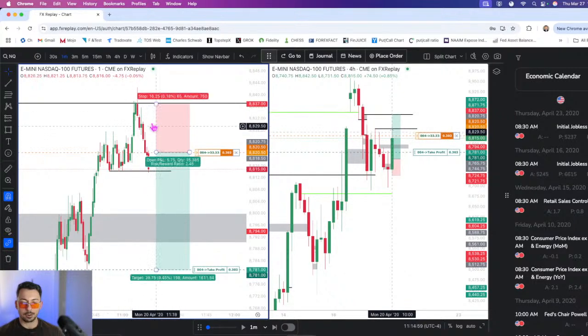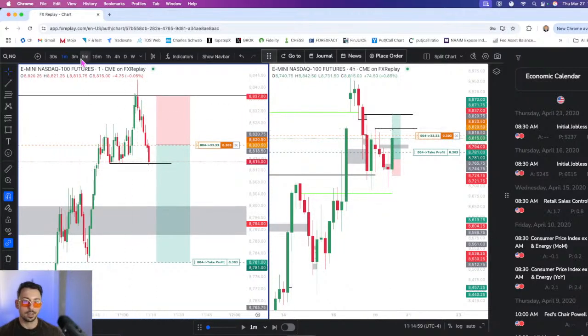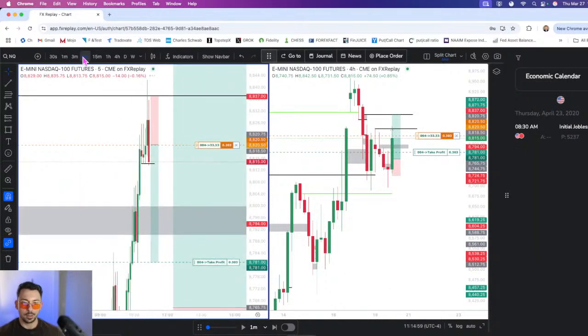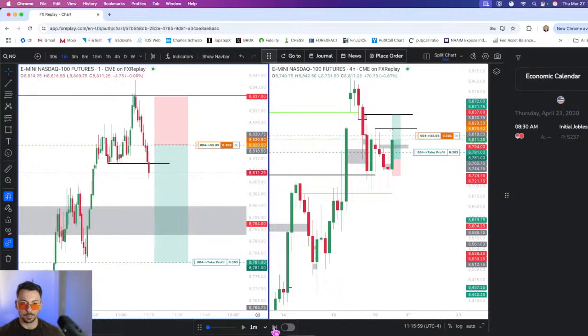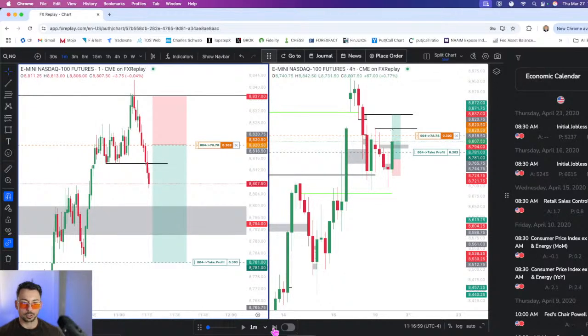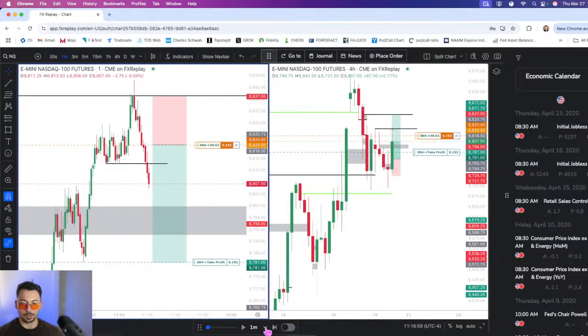Not necessarily a macro time. It actually is the 1050 to 1110 macro. So this is a macro time, but it's not as important. And then, yeah, if we're going to be bullish, then we'll react bullishly from here, but I would say that we're probably going to go lower. So let's see what happens here. Okay, so I'm going to partial right there, 50%. And then we're going to hold the rest all the way down.